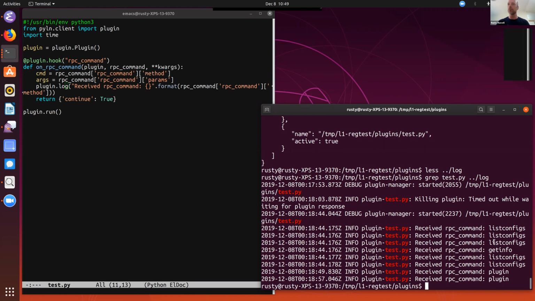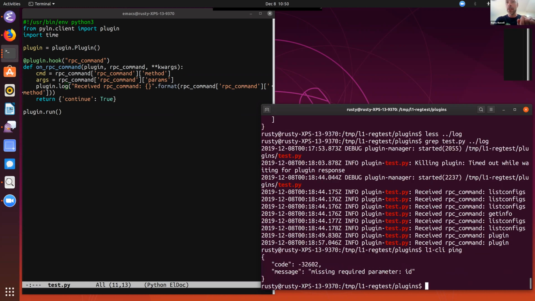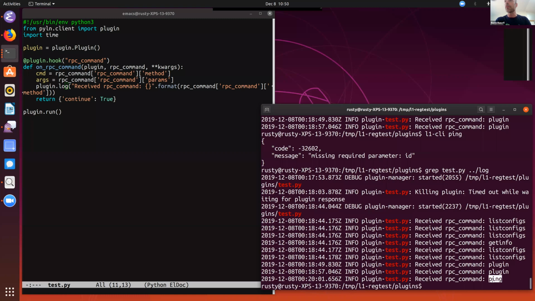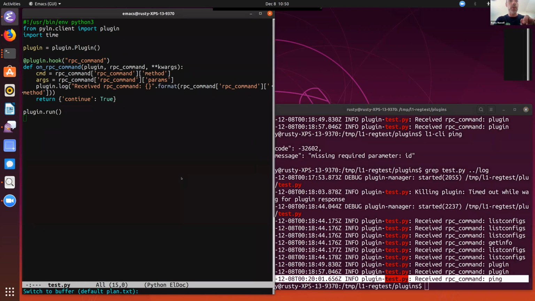So if we type, let's do the simplest command, ping, which was missing a parameter, but it doesn't matter because it still went through the hook. If it's a valid command at all, it goes in through the hook, and afterwards it actually sends it to the real command if it says continue. So, okay, our hook seems to be working. This is a good step. If we go back to our plan,